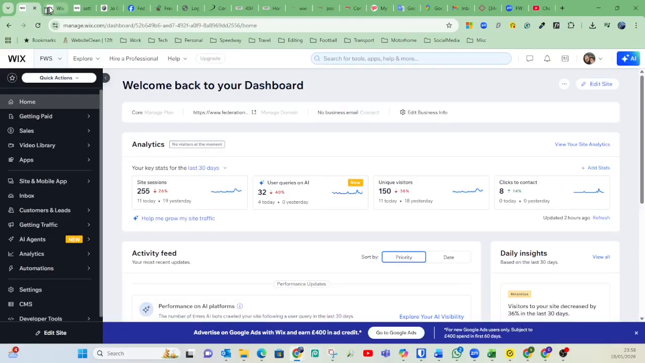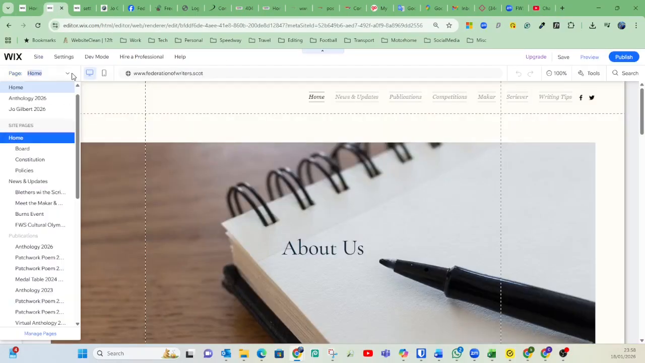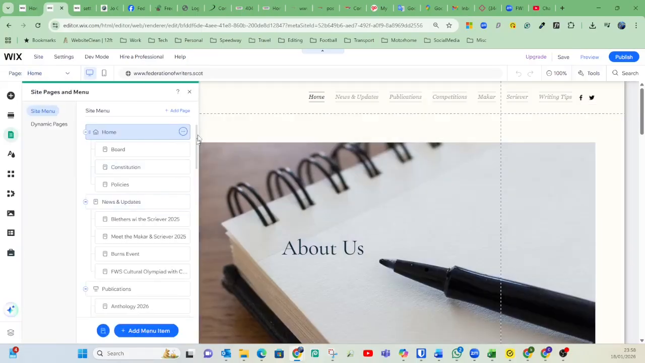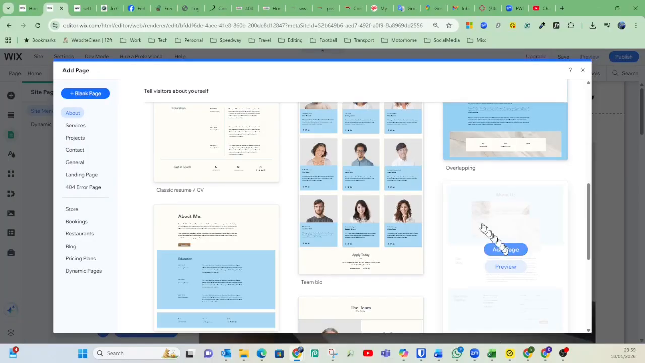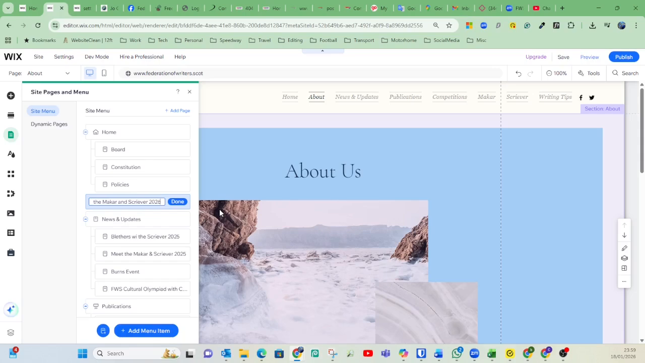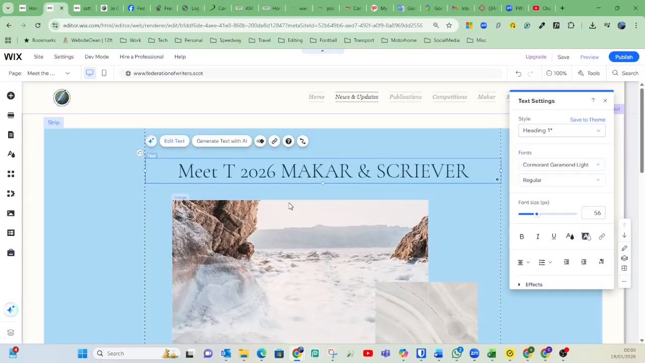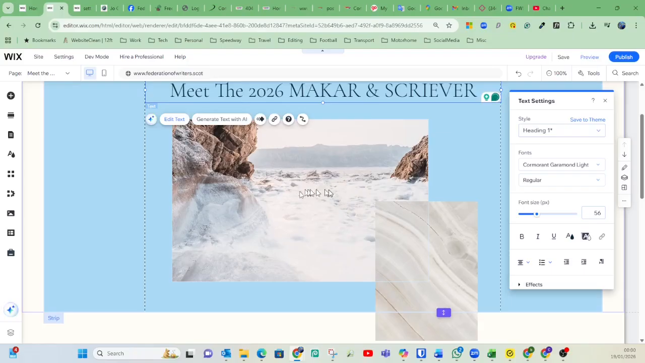So we can go into Wix. If we create a new page, manage pages, add page. So add a page. Give it a name. Done that. Move it into the news and updates. Right, we'll also do that here. I'm not going to save this in the end, but just to show the kind of idea. Back to add